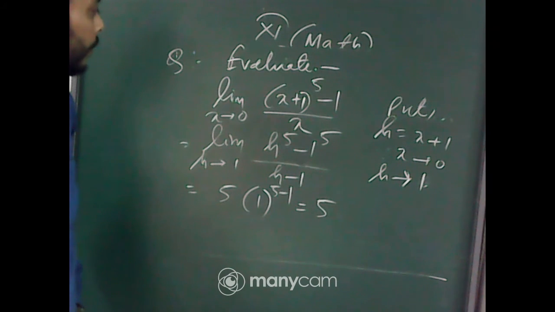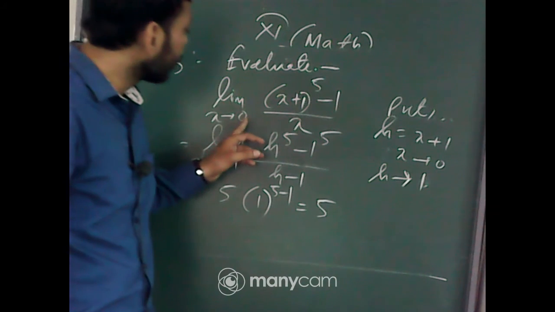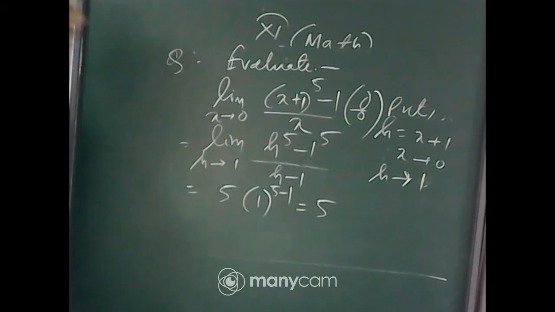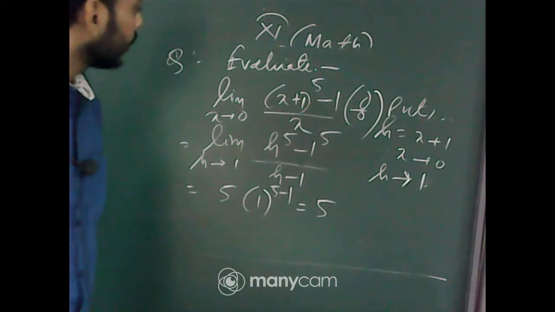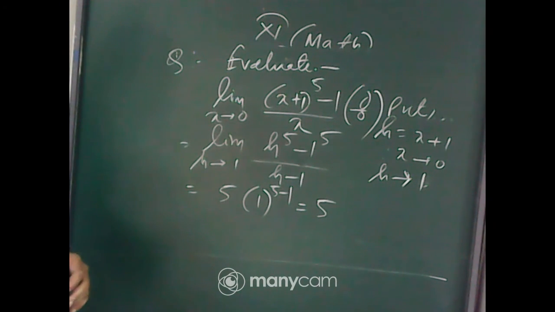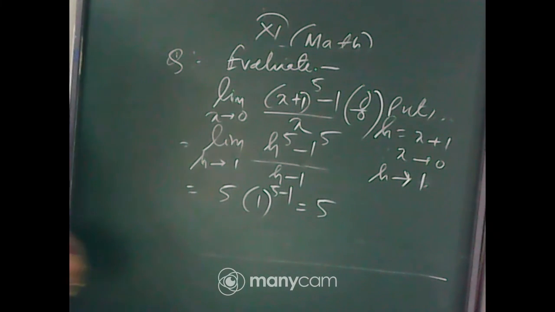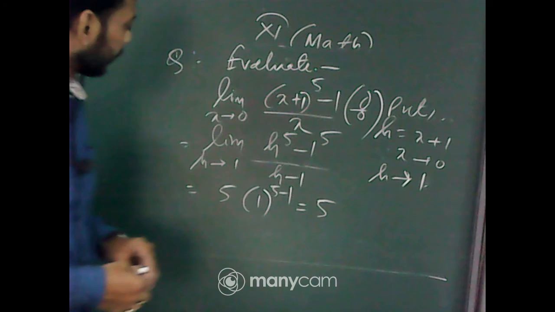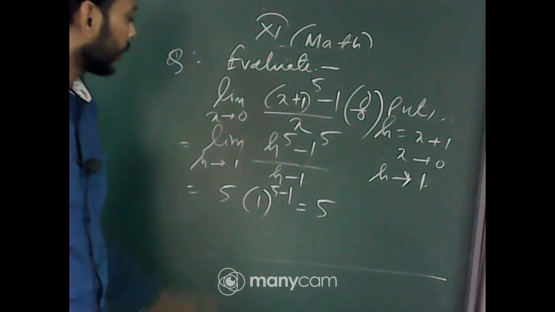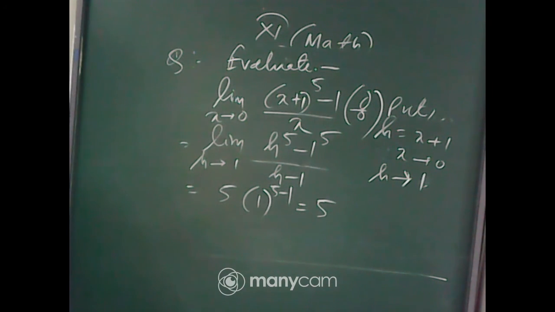Do you know this type of problem? Here if you put x equals to 0, then it will be in the form of 0 by 0. Numerator and denominator both will be 0. This is called 0 by 0 form. Now here I am taking h equals to x plus 1. So since x tends to 0, h tends to 1. So limit h tends to 1, h to the power 5 minus 1 to the power 5 by h minus 1. Now using the formula, this is n a to the power n minus 1.